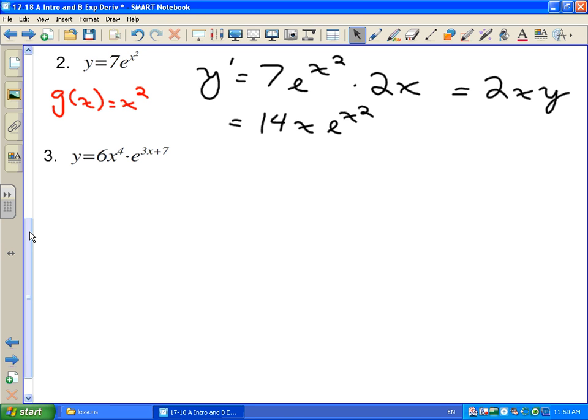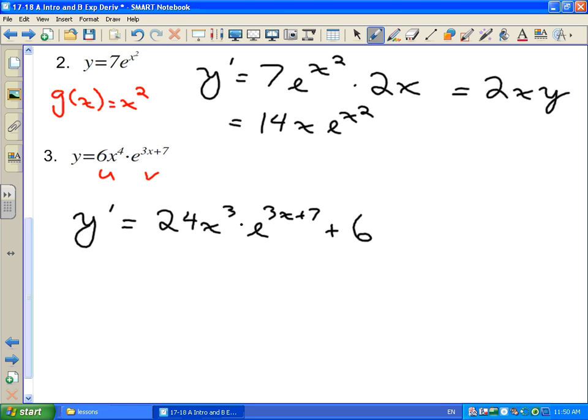Sorry about that. So let's just identify what our two functions are going to be here. We'll call this one u, we'll call this one v. And if we're going to do product rule, remember that it's derivative of u times v plus u times the derivative of v. So our derivative of u, this is just power law here, so we get 24x cubed. Multiply this by our v function, e to the 3x plus 7, plus our original u, so 6x to the power of 4,